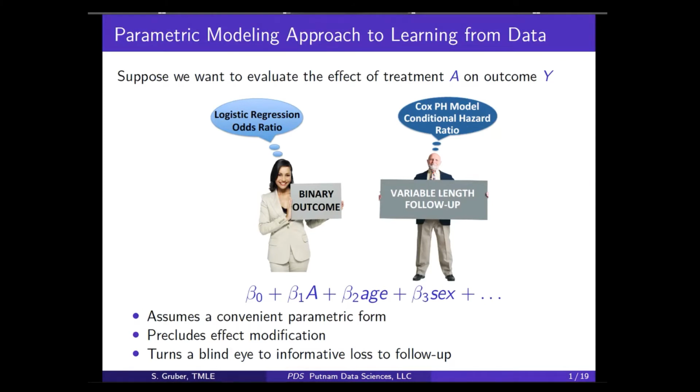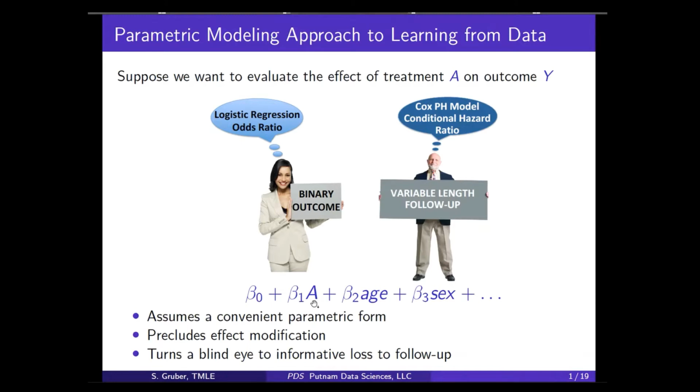They're just bound by what they've learned, and they're both thinking about some model that looks something like this, where there's a beta 0, a beta 1, the coefficient in front of treatment in the model, and then adjusting for some covariate. That's typically what's going through their minds because that's what they have available in their toolbox. And typically, there'll be just a main term coefficient in front of treatment